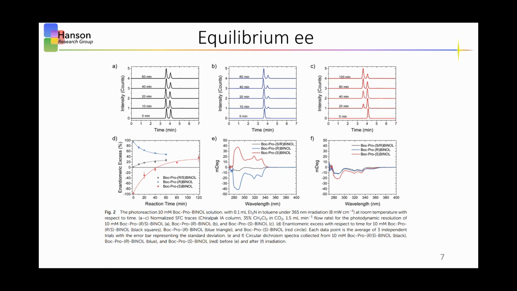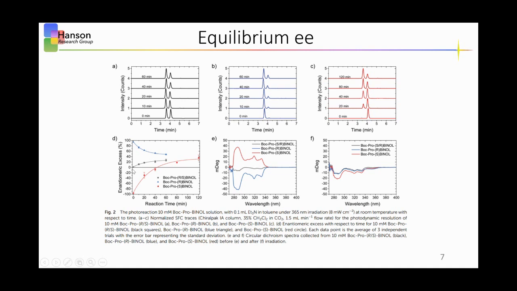So once we had the racemic Bach-Pro BINOL synthesized, we set about trying to get this excited state proton transfer enantioenrichment to occur. By irradiating our sample in the presence of triethylamine, we found that at about 60 minutes there was no longer any change in the enantiomeric excess of our sample. In order to study why this was, we started taking samples at regular time intervals to see how the enantiomeric excess changed. So we found that from 0 to 60 minutes, the enantiomeric excess started changing very rapidly at first, and then sort of leveled off in an asymptotic fashion,